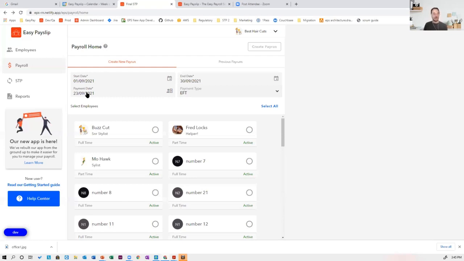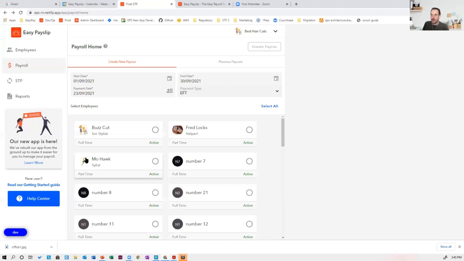All the ATO says is if the payment date is in this period or this financial year, then that's what they're interested in for that financial year. If it's paid the following financial year, it doesn't matter if you're paying them for June. If it's paid in July, then that becomes part of the next year.